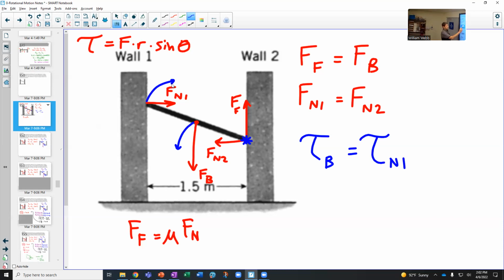All right, well, we've said that torque generically is just the force times the distance times the sine of the angle that that force makes with the lever arm. So let's go ahead and start plugging a few things in. For the board, the force is just the board's weight. So since I called it FB up above, I'll just call it FB here. And how far is that from the pivot point? One half R, one half L, whatever letter you want to use for the length of the